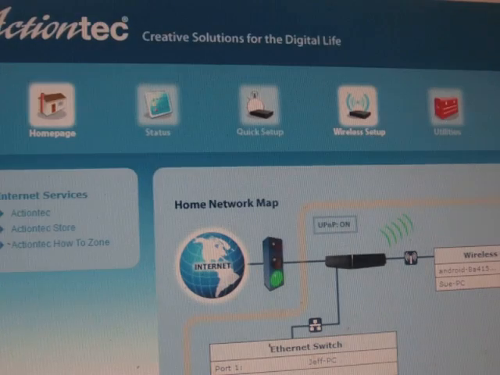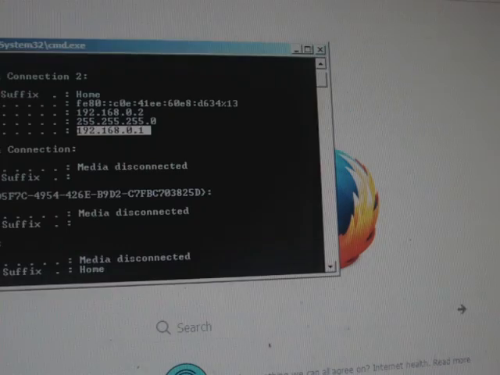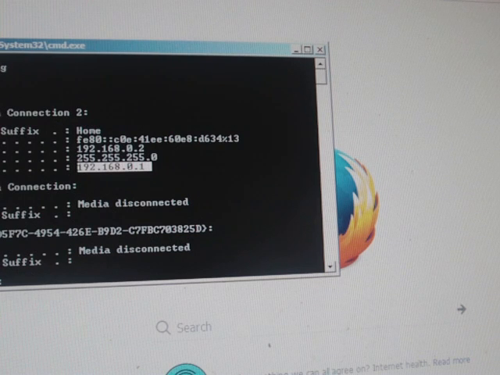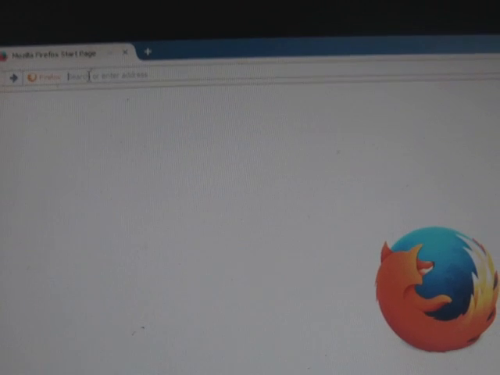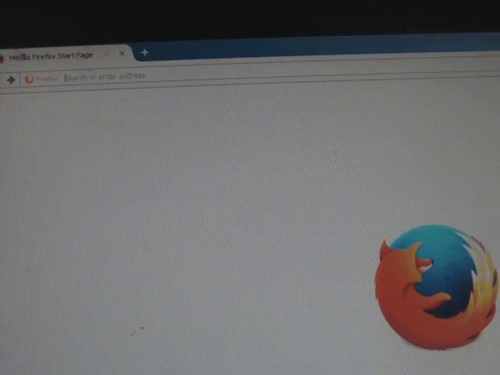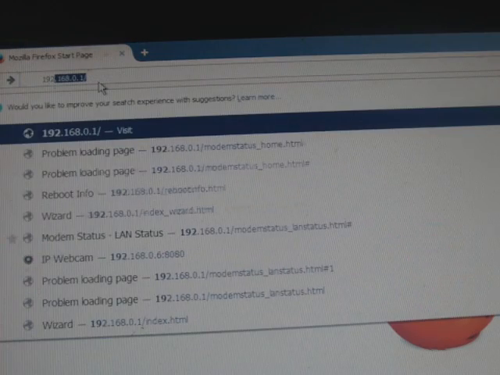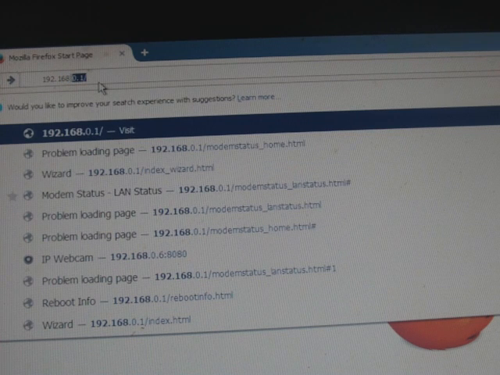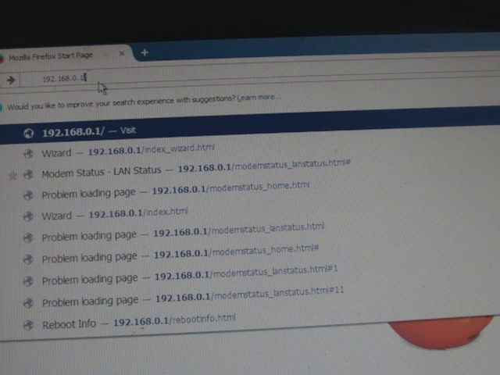So we're going to go back here, and remember the command prompt. You're looking for your default gateway, 192.168.0.1. You want to go up here at the top and type it in your address bar, not down in the search bar, but right up here in the address bar, 192.168.0.1. Press enter, and once again, it's going to bring up,